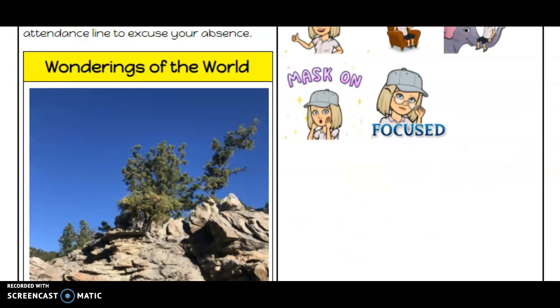First thing you're going to do for science today is find the new October I Wonder About the World form that I have posted on Classroom. You'll find it under the topic of I Wonder About the World. That's where they live. So you're going to start the new October form, copy and paste this picture that I took actually just on Sunday on a hike. So make some good I Wonder About the World statements in your October form,